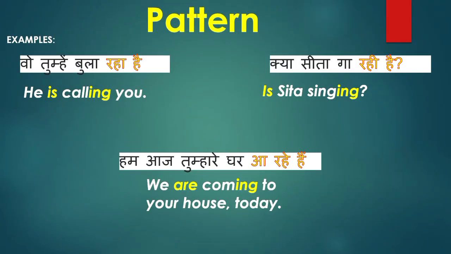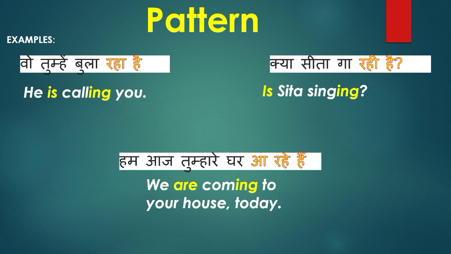देखिए जैसे रहा है, रही है, रहे हैं के लिए हम यूज कर रहे हैं इज, ing लगा देते हैं वर्ब में, या फिर आर, क्योंकि वी था यहाँ पर, वी मतलब बहुत सारे लोग हो गए, तो बहुत सारे लोगों के साथ तो वी कैन नॉट यूज इज, सो वी हैव यूज्ड आर हियर, तो इसलिए हमने आर लगाया, फिर ing लगाया।